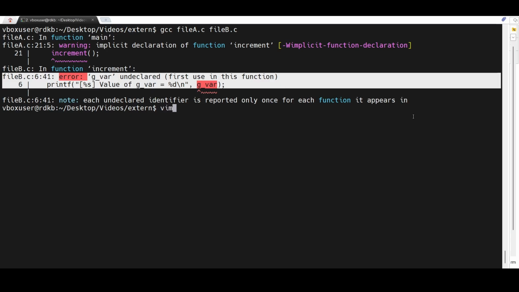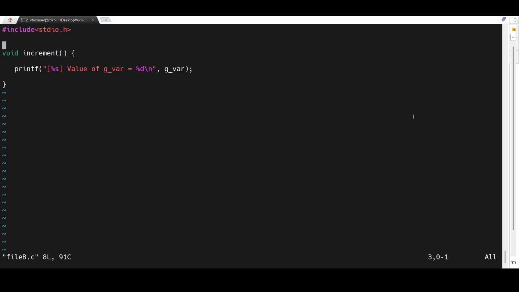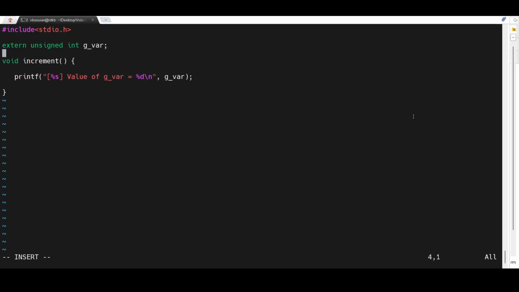So let's declare that variable in file b.c, and here, to access that variable in a second file, I will use an extern variable: extern unsigned int g_var. So by using this extern variable, we can fetch the value of g_var in this file and